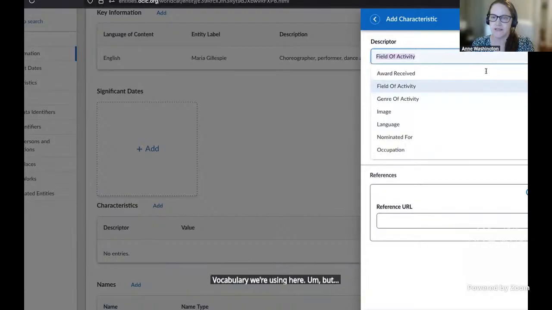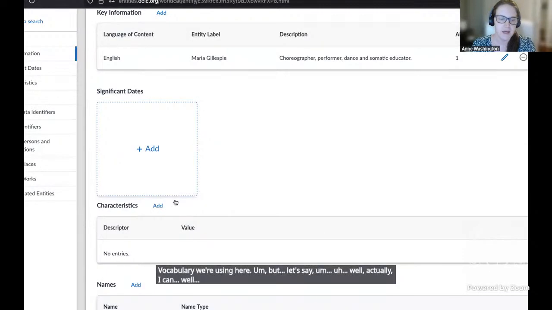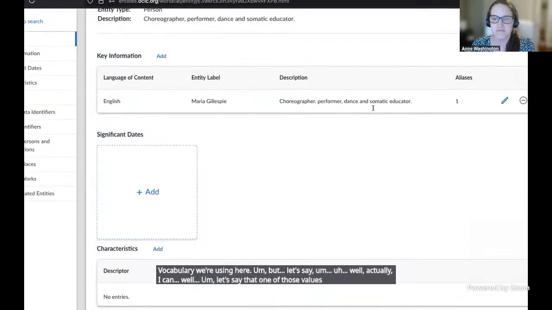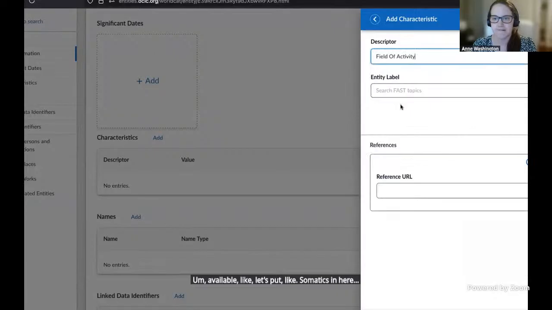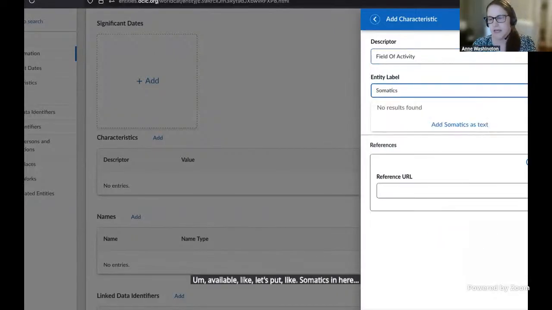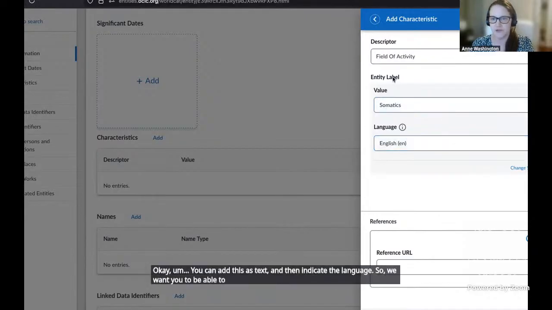But let's say that one of those values wasn't available. Like, let's put somatics in here. You can add this as text and then indicate the language. So we want you to be able to add your descriptors.